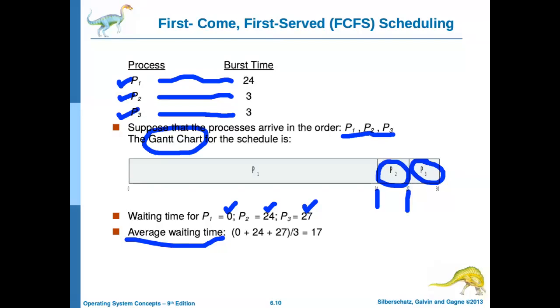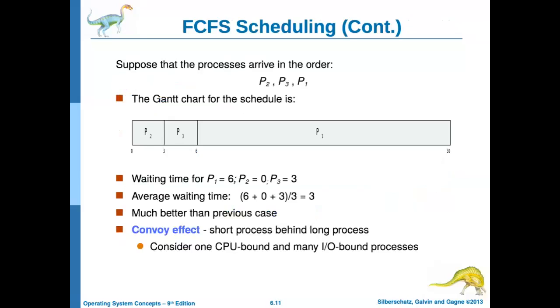That is as simple as that, right? But then the question is, if they have arrived in some other order, what is the effect on the average waiting time? So for example, suppose